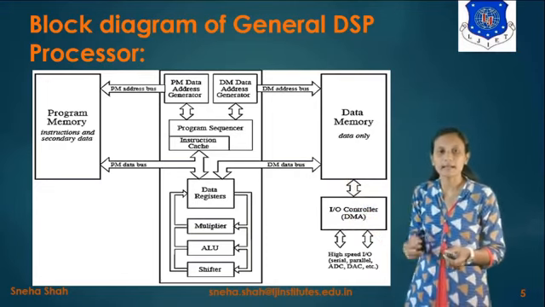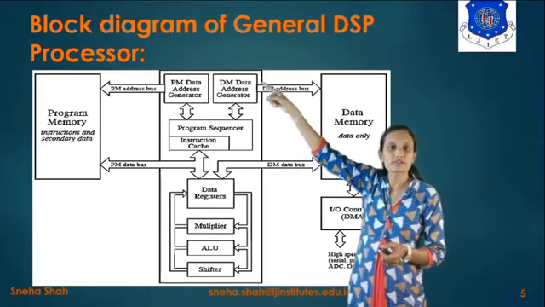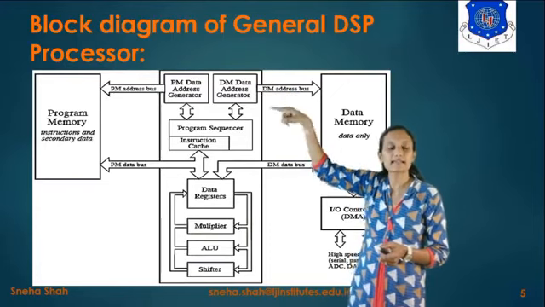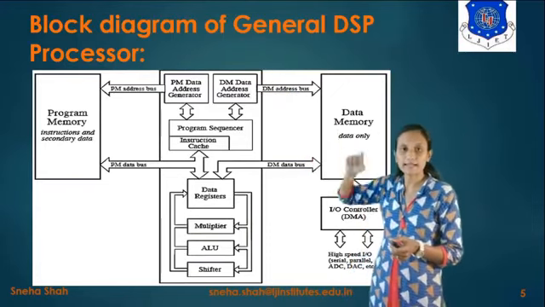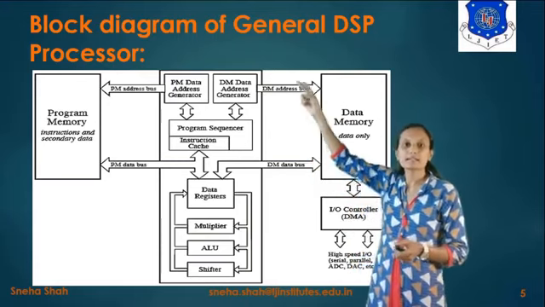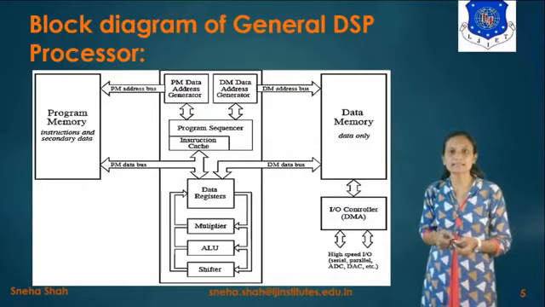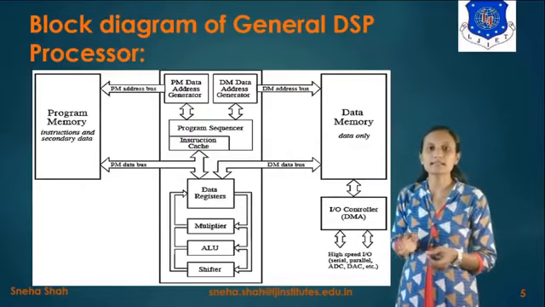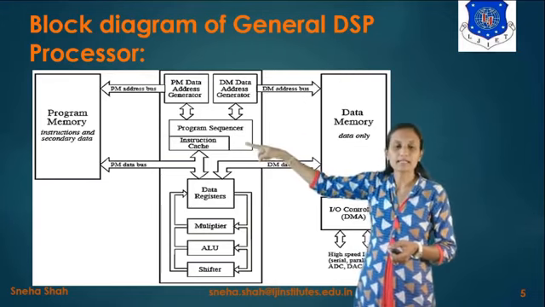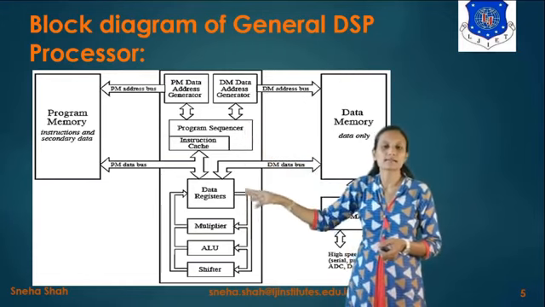fetch the data. Now when the address and data are given to this CPU, first of all, the data memory data address generator and program memory data address generator will generate the address for the data memory as well as for the program memory. Now it is given to the program sequencer. The function of the program sequencer is to sequence the whole program. The data will be stored in the temporary memory. It is considered as instruction cache, and the output of it is given to these blocks.